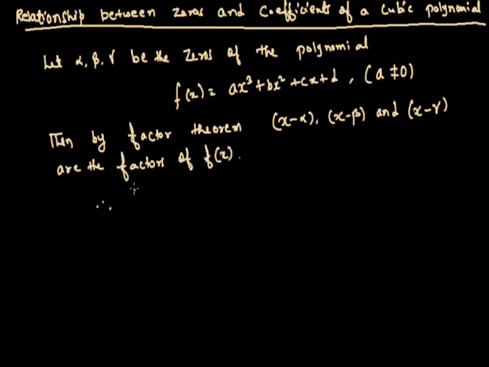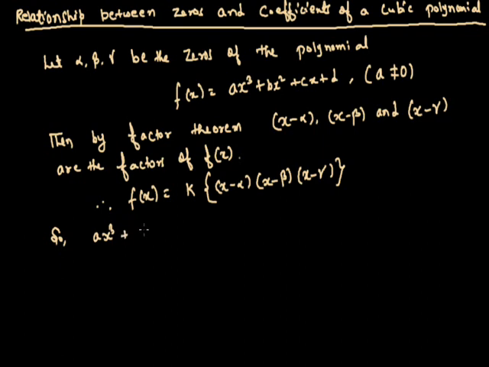Therefore f(x) can be written as f(x) equal to k times (x minus alpha)(x minus beta)(x minus gamma). So ax cube plus bx square plus cx plus d is equal to k(x minus alpha)(x minus beta)(x minus gamma),